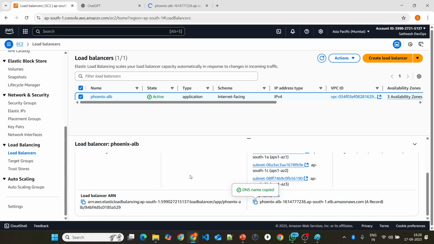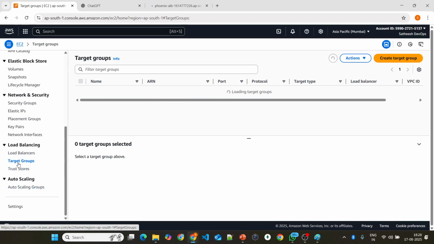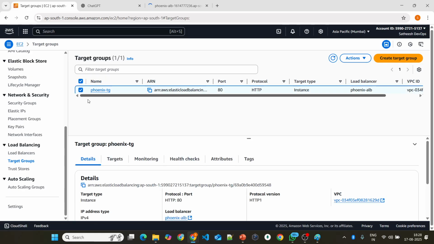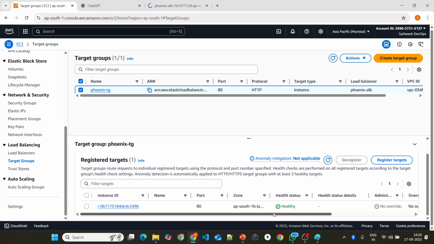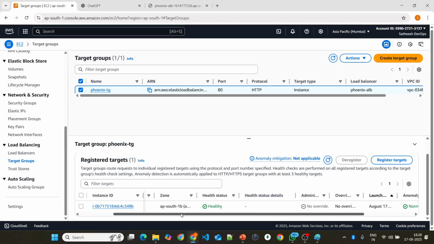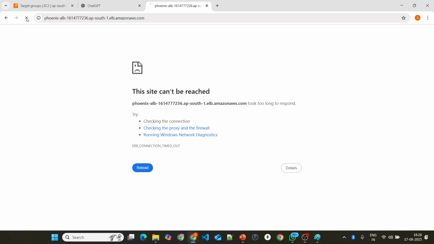Right now it's still not running. That's why you don't see it. If you go to the target groups and click the target groups, you see a target here, right? Here you see a machine is marked as healthy. So now it is marked in the target groups as healthy. That means it is ready to serve the traffic. If I refresh again,